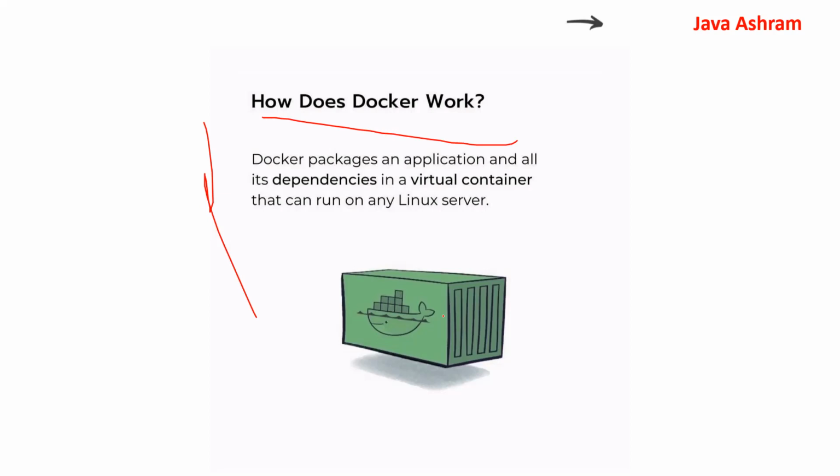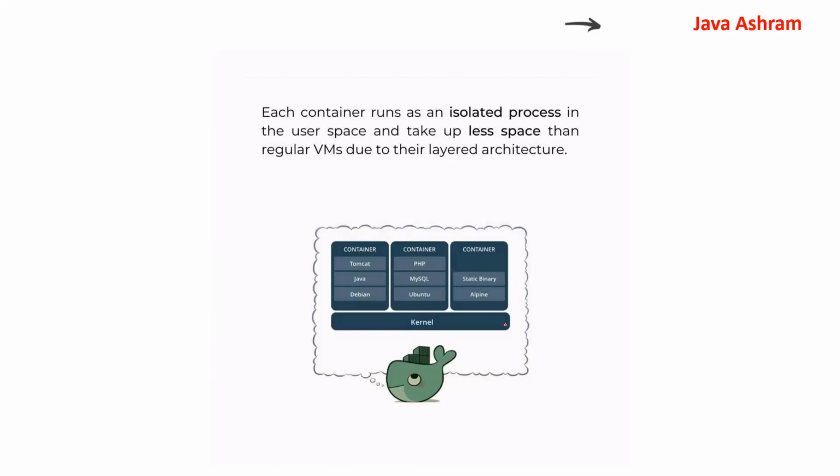Like this is the container, and you are putting the application and its dependencies inside it, and wherever you need to deploy, you will take this container over to that particular machine, that particular environment, and deploy it there. So this container is created by Docker, and the package is created by Docker and put inside this container, right? And there is something unique about this container.